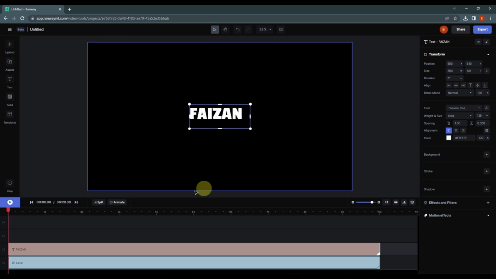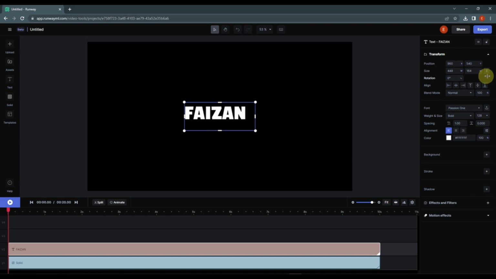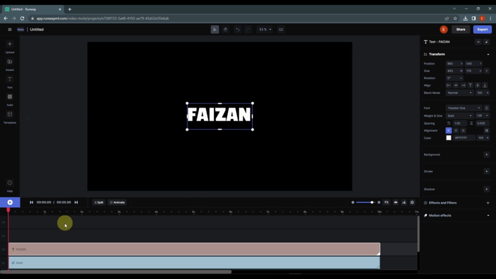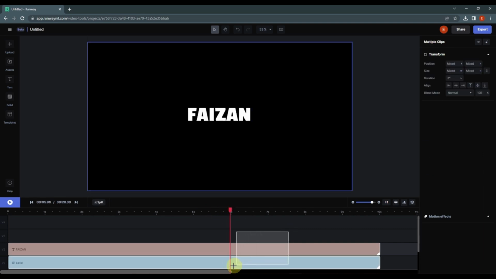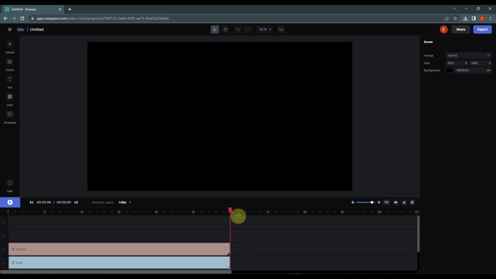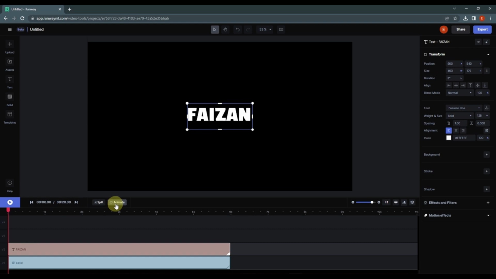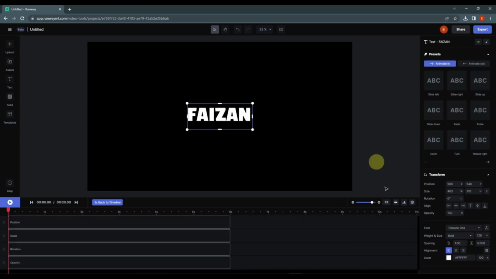Let's hide the assets and let's zoom in. Now I'm going to change transform to right here. Now I'm going to place this in the center of the project. Now guys, I'm going to also go to the 6th frame, select these two, split these two, press backspace to delete the end part, and now I'm going to select my text, go to the animate, and this time first